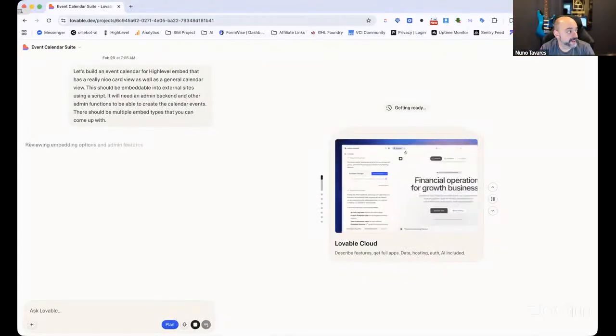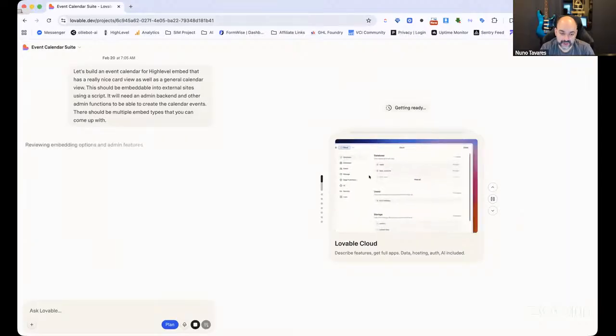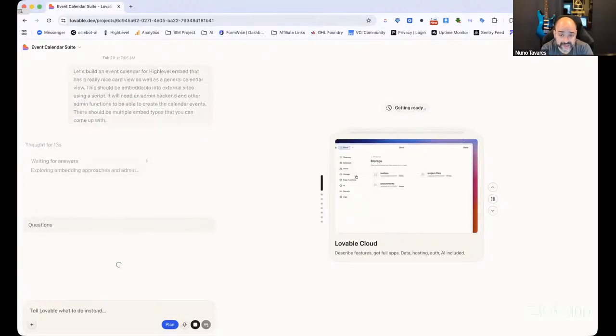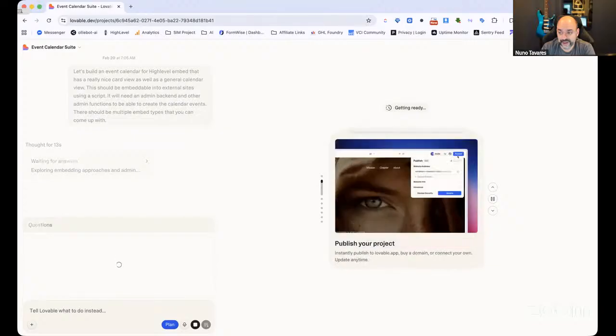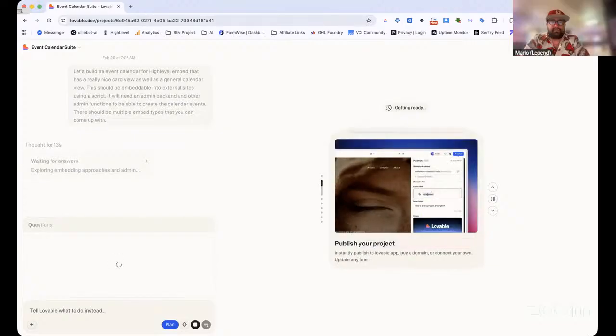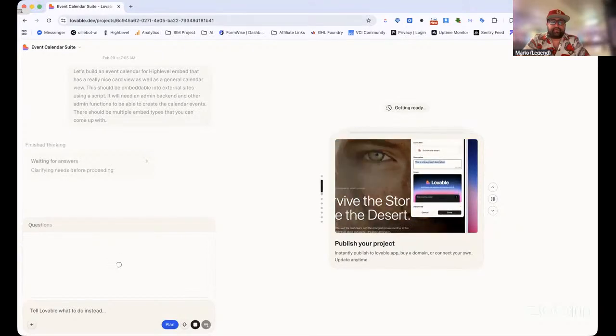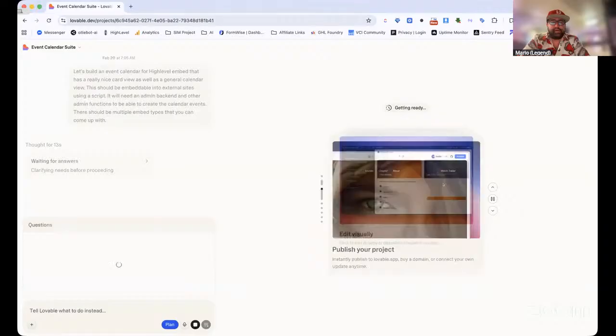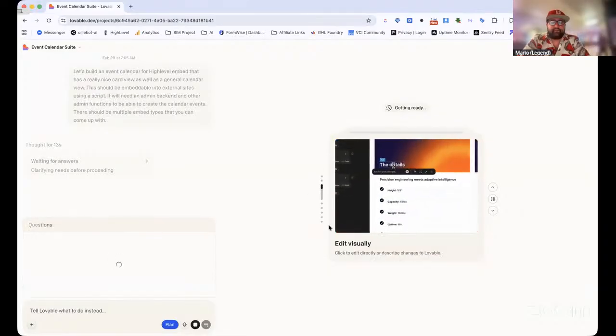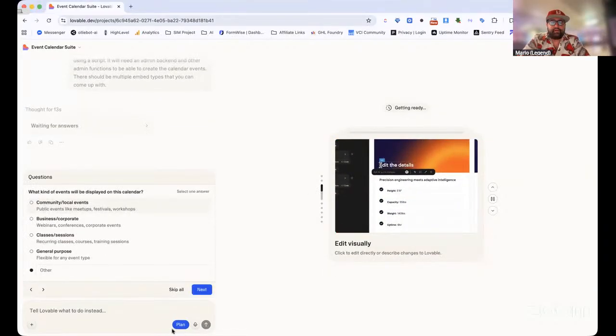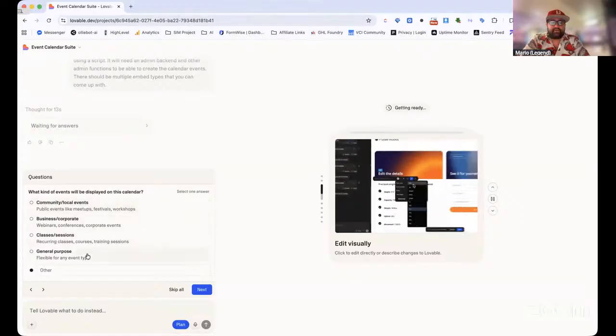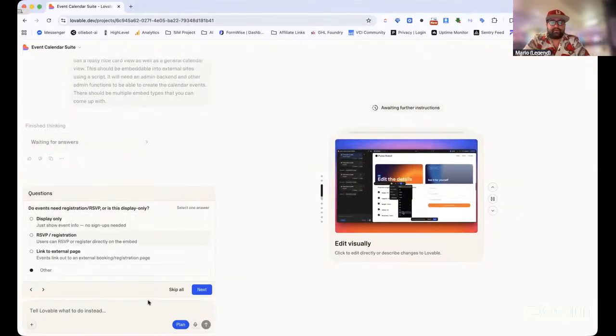Anybody joining in, the goal today is we're going to MVP inside Lovable, and then we're going to take it into Claude Code so you guys can see how they transfer. A lot of people were struggling with this a little bit, and all it is is you're just going to download the files on your PC and go that way. What we're going to do right now is let it ask some questions. One of the things that I always talk about whenever we're vibe coding, and you'll notice that I have this little plan button highlighted, is that I always make sure to turn on planning mode first, because planning mode